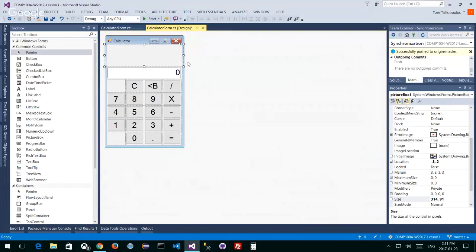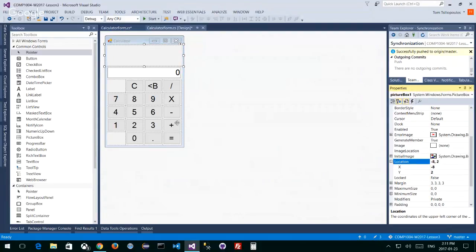Now, here's something. Where does it start? Notice it says the location is -8 and 2. What's that -8 and 2? What does that mean? I'm positioning. What does -8 mean? X and Y. This is where we go back to X and Y coordinates. Notice that the X coordinate, and this is local to the form,